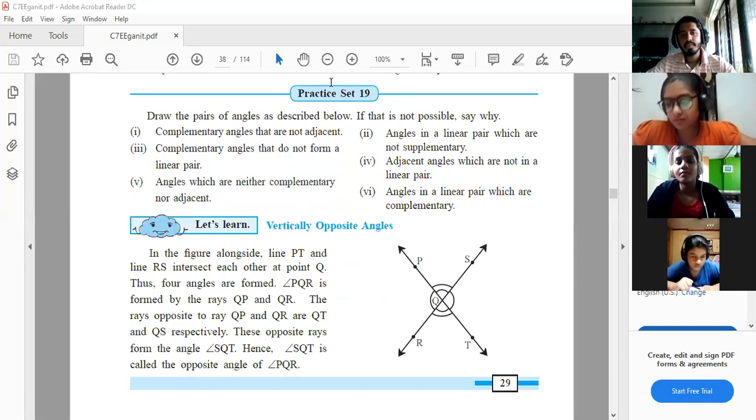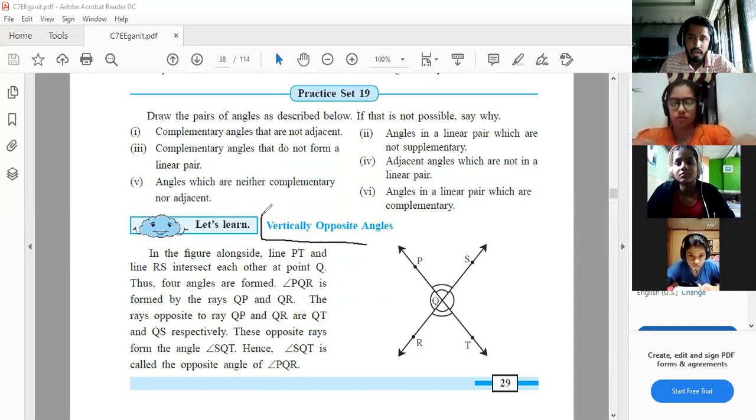Vertically opposite angles. Pay attention. Vertically opposite angles, as the name is only telling us, angles